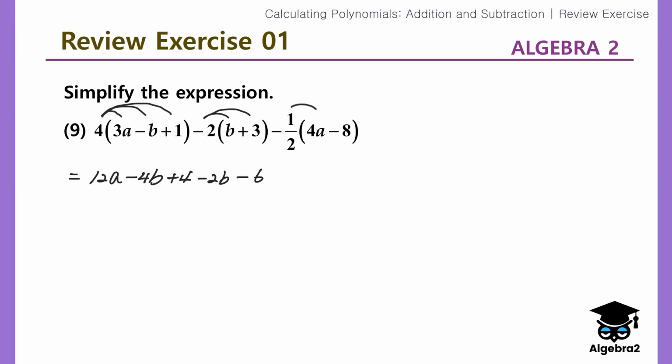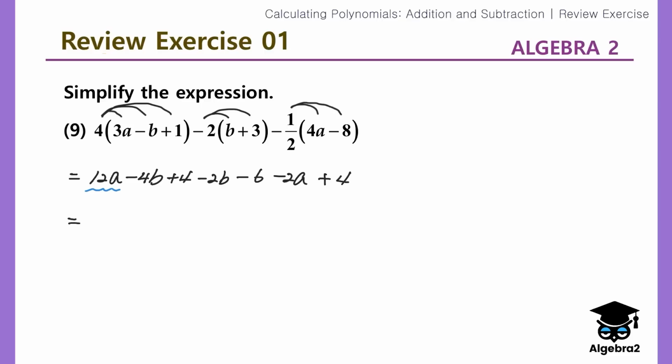1 over 2 times 4a. 1/2 times 4 is 2, right? So minus 2a. And 1/2 times 8, that's 4. So minus times minus, plus 4. So we have